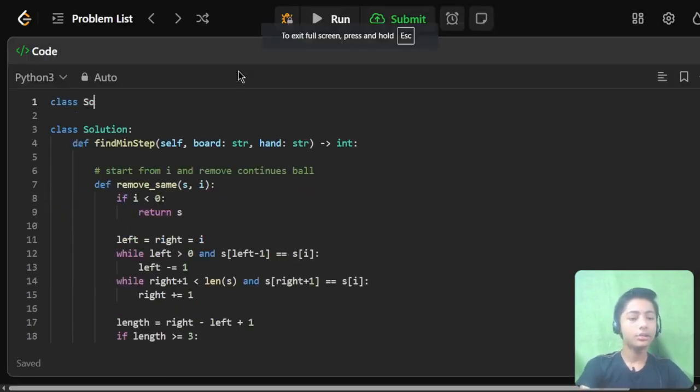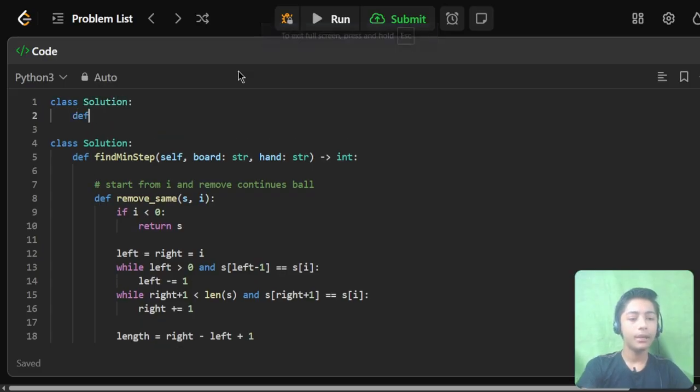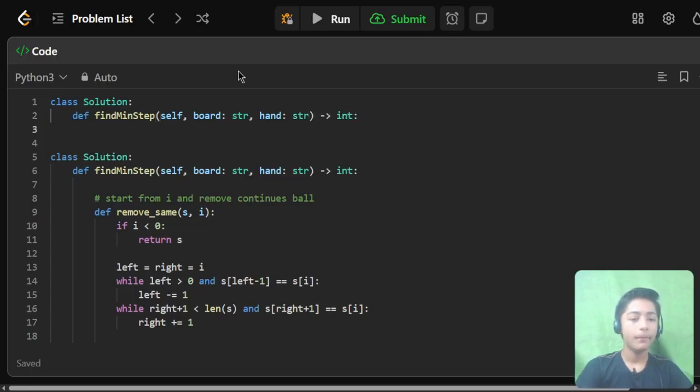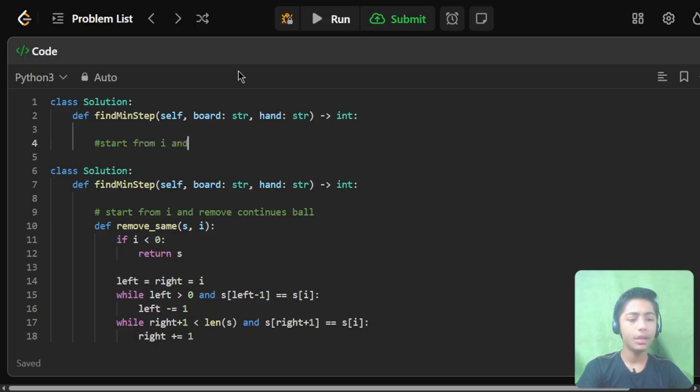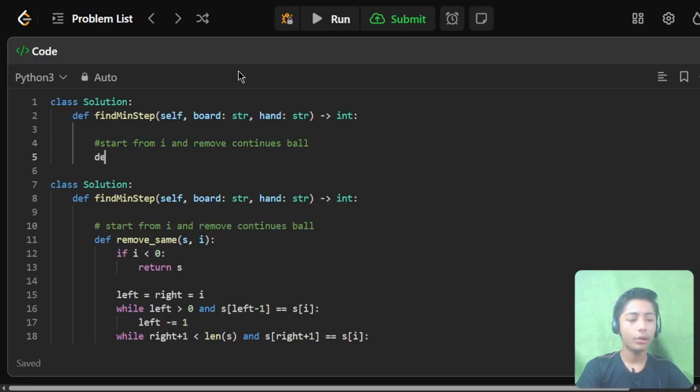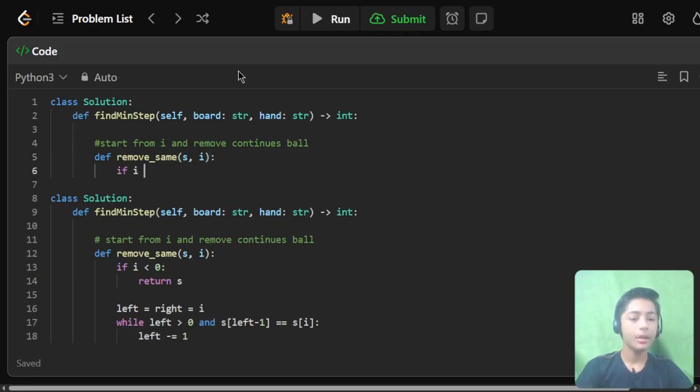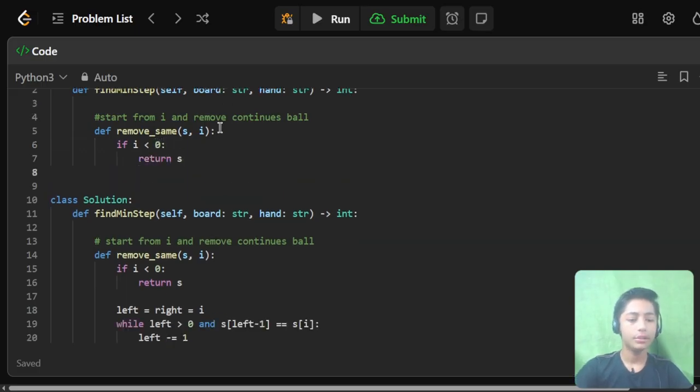Class Solution, def findMinStep(self, board: str, hand: str) -> int. Start from i and remove continuous balls. Here we are defining a comment. Now def removeSame(s, i): if i < 0, then we want to return s.